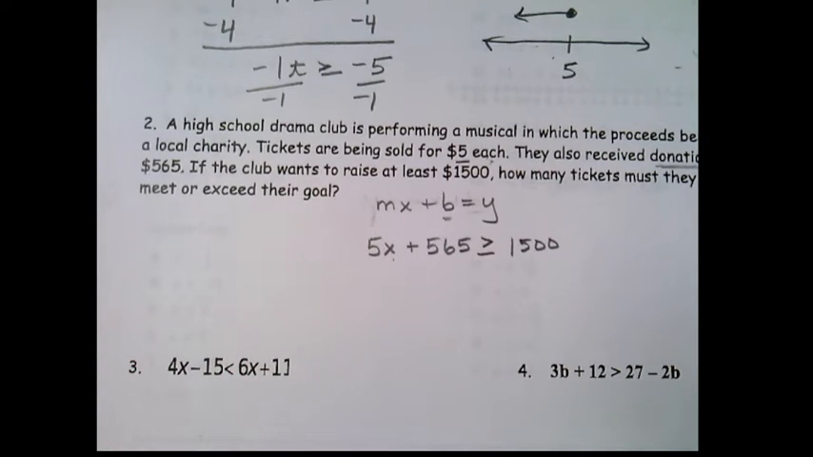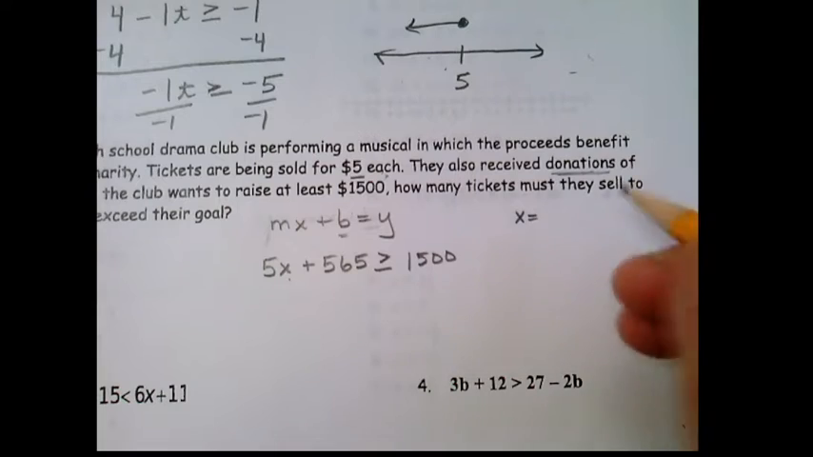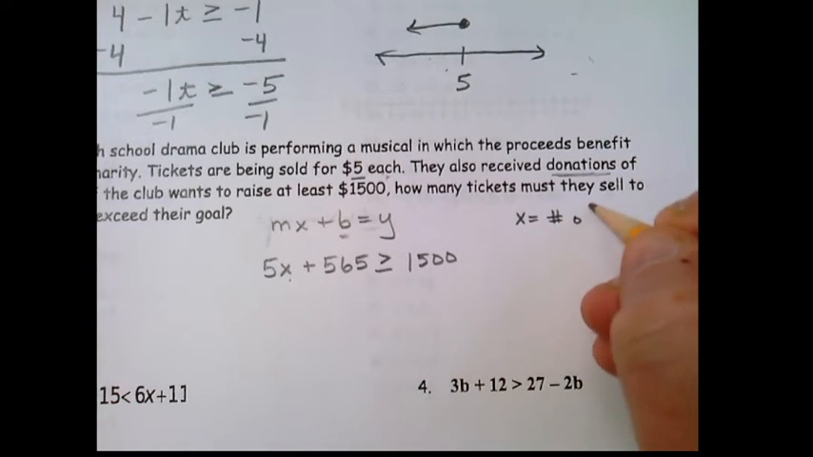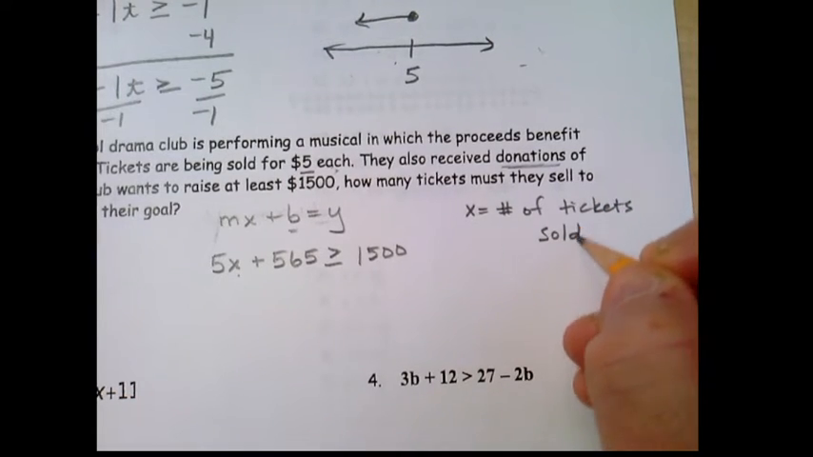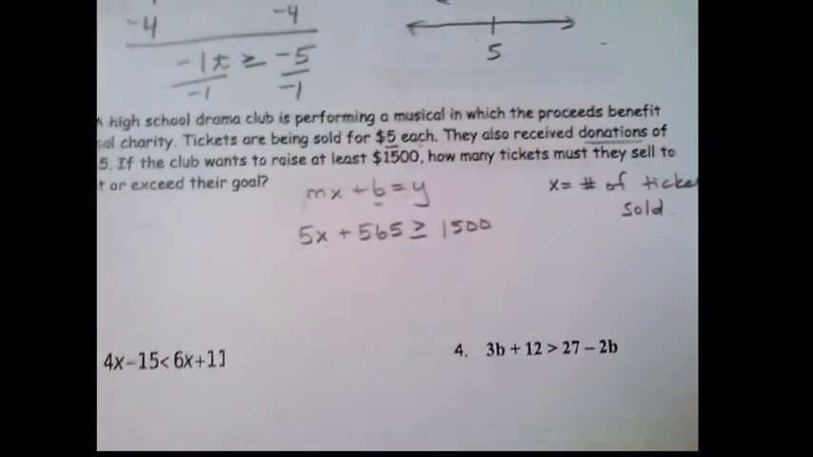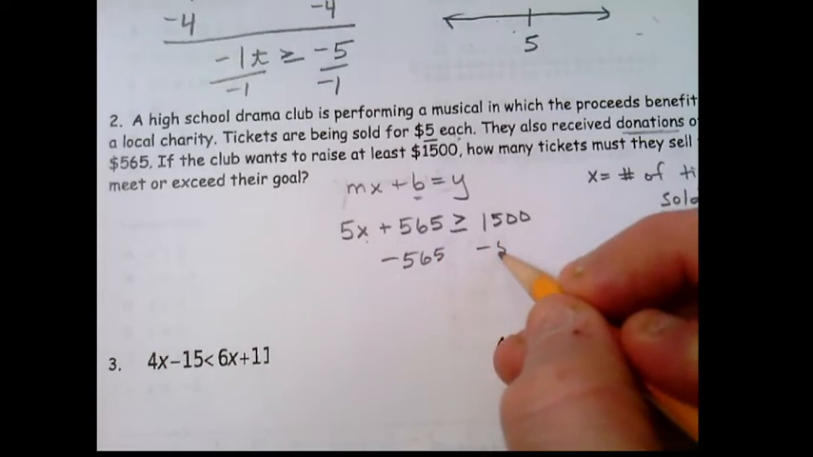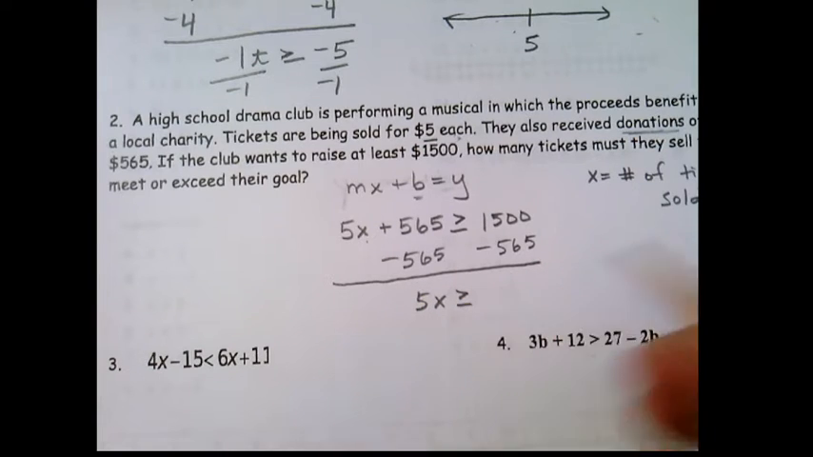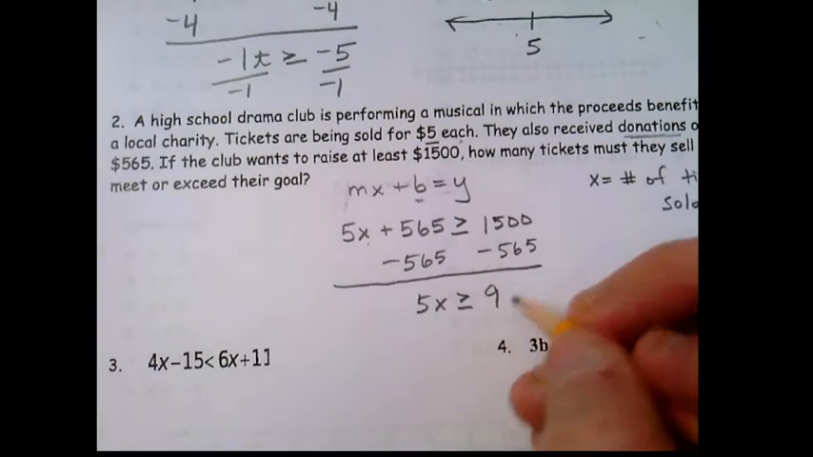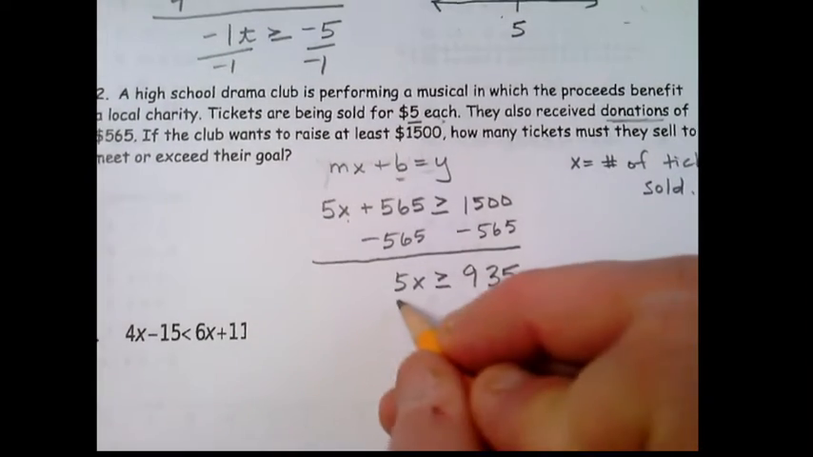Okay? Now, to finish this off, we should define our variable here before we get the value of x. So x would be the number of tickets sold. Okay. Now from here, what do? Well, we're going to subtract 565 from both sides. So 1,500 minus 500 would be 1,000 minus 65, $935. Okay. And then from there, if I divide through by 5,